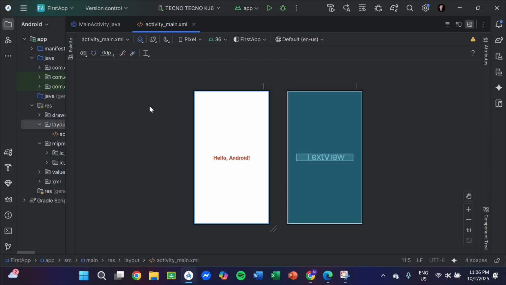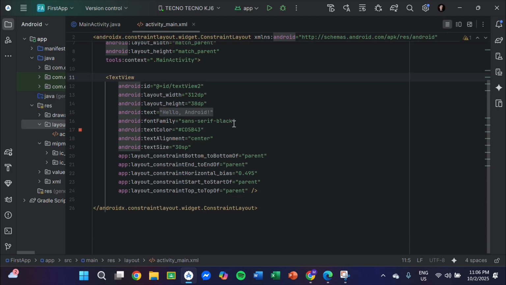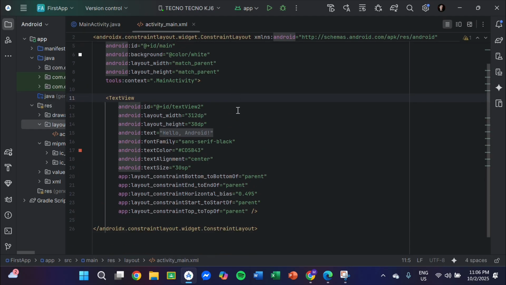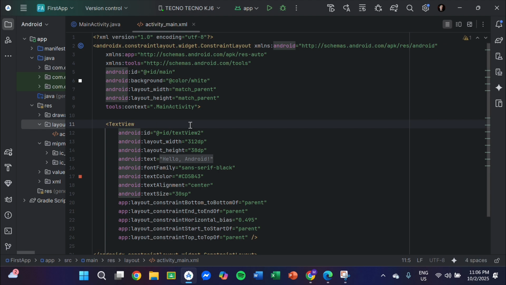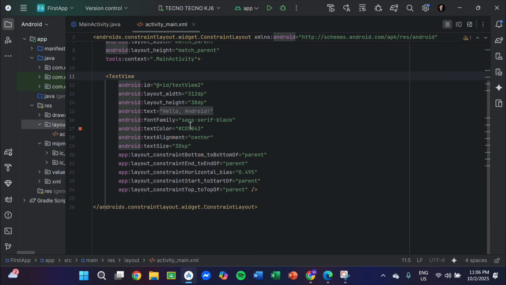And then the last part is the code editor, where you code your design. So let's go back to the code editor. This one. Here you can start to design or code whatever you need to design. So after familiarizing ourselves with the essential components when making a UI design in Android Studio, we can now start designing our simple UI. For instance, we are going to make a user interface login screen.